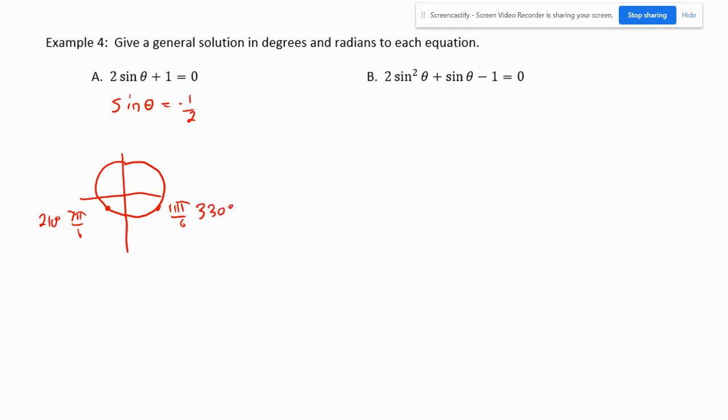Okay, now what we mean by general solution, in the previous examples, we always gave you a restricted domain. It was usually from 0 to 2 pi, or from like pi over 2 to negative pi over 2, or some domain like this. But if we say a general solution in degrees, that means there's no restriction. Okay, so what I mean by that is that if I get here, this is one solution, but so would this be, if I go all the way around the circle, and so forth and so forth. So the way we're going to write this one